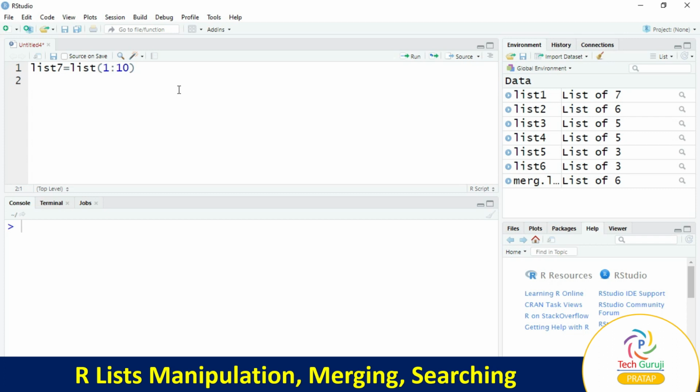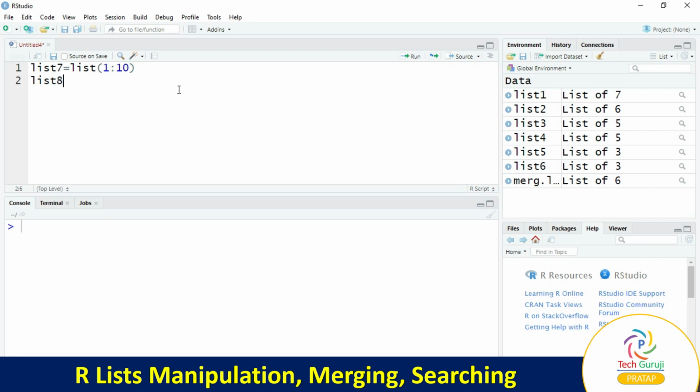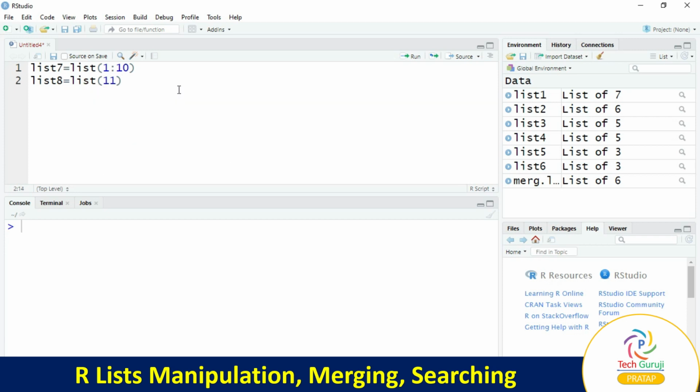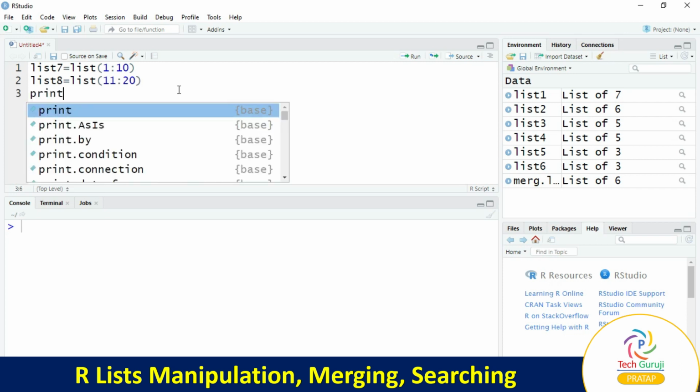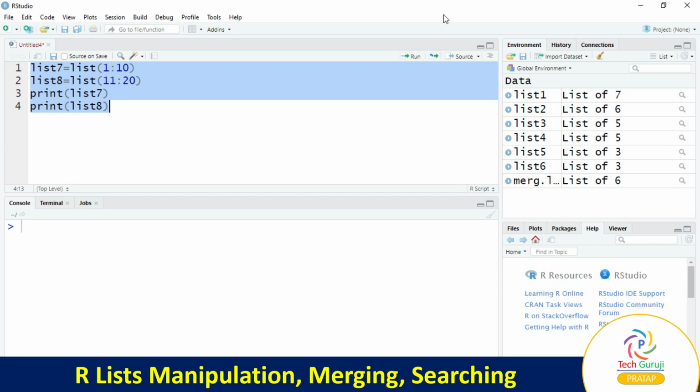Likewise, we have a second list8 is equal to list, we'll take 11 to 20. We'll print both lists. So print list7 and print list8. Select 4 lines and run.